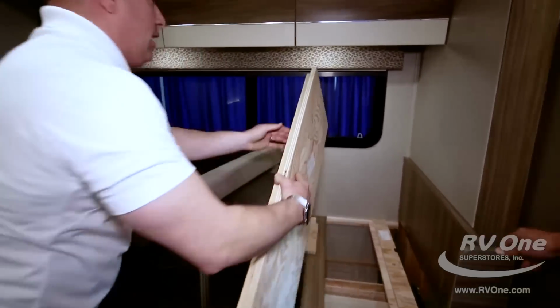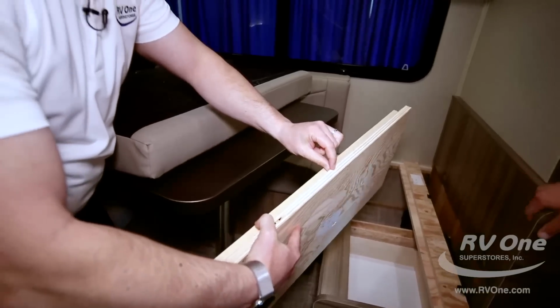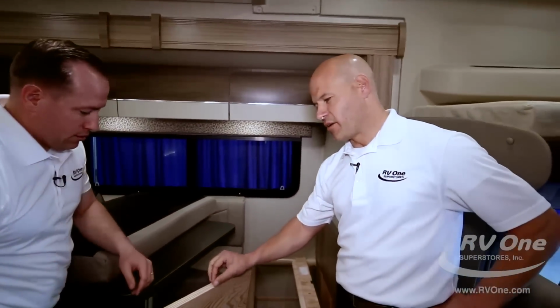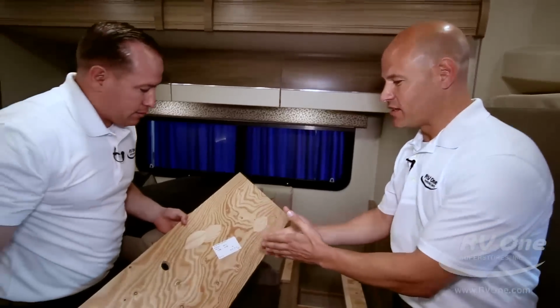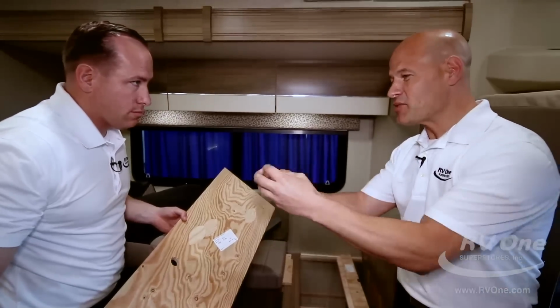Look at the plywood, Don. Look how thick that is. It's unbelievable. A lot of brands will put like a piece of cheap Luan. You sit there and it's like... Again, this is one of the things Matt and I keep talking about, and we don't want to talk forever, but it's important for someone who's going to spend a lot of money on a great coach like this. These are the types of things that Jayco does that nobody else does,